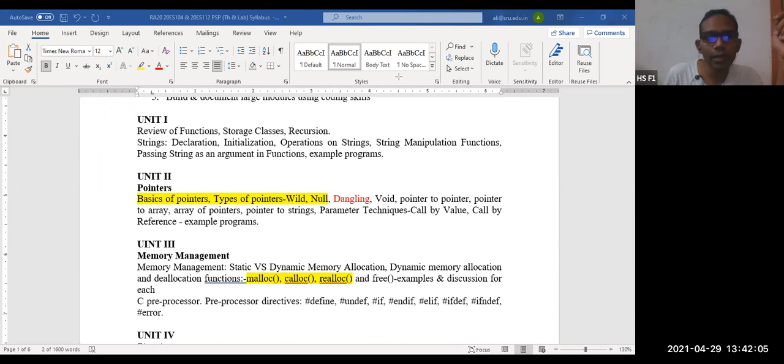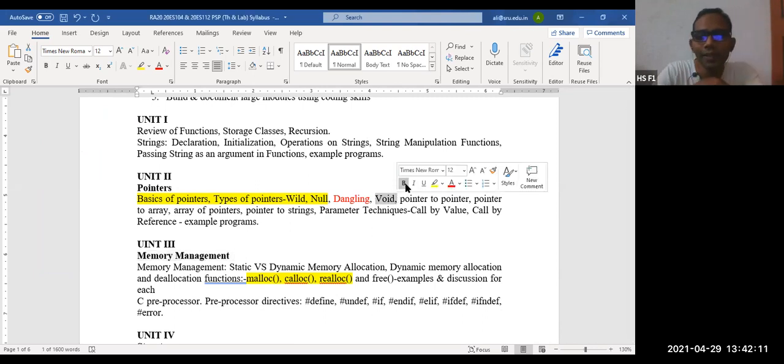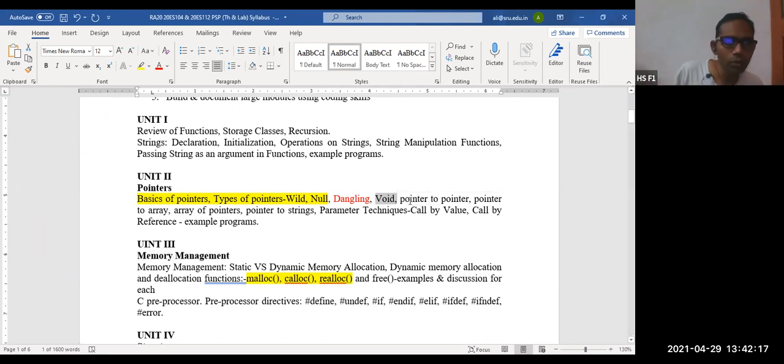Now let us start with the concept called void pointer. I hope you have done the first assignment that was given in our previous class. Let us do that one as of now. Just a second, let me open the dev environment.